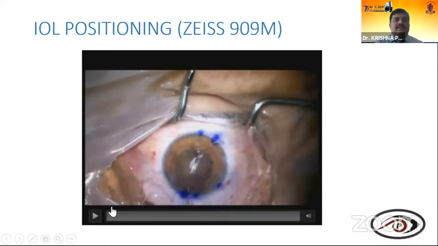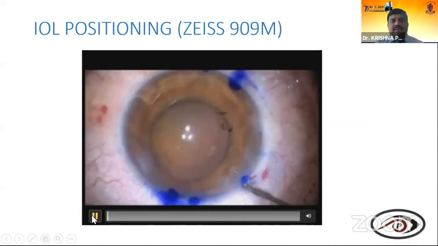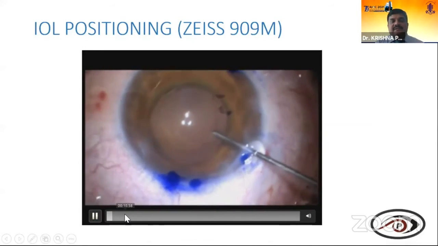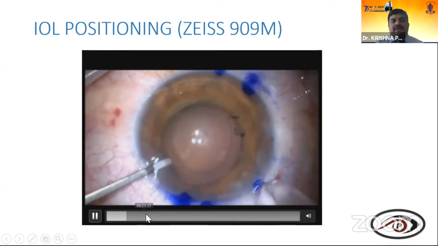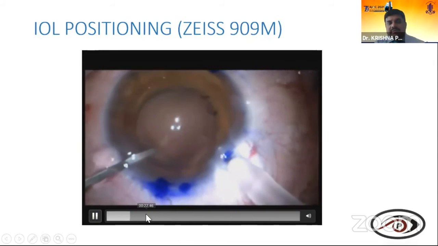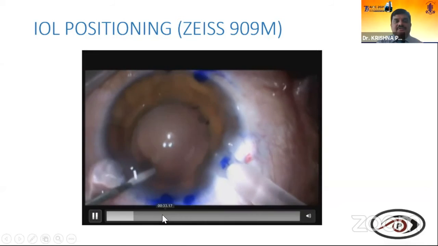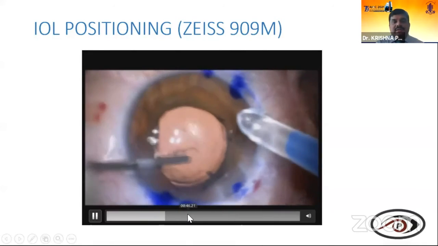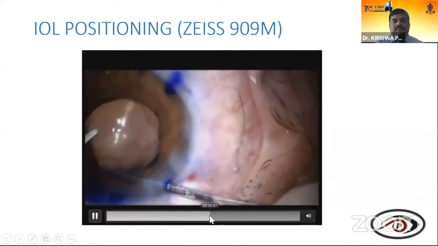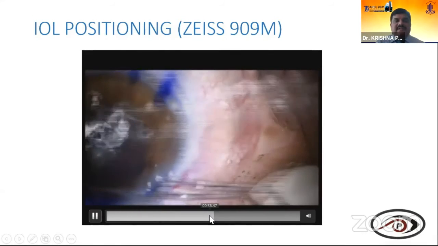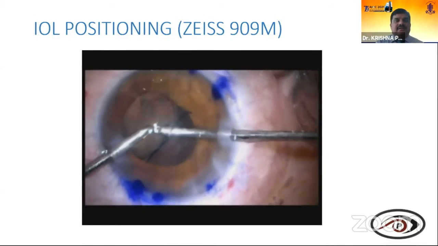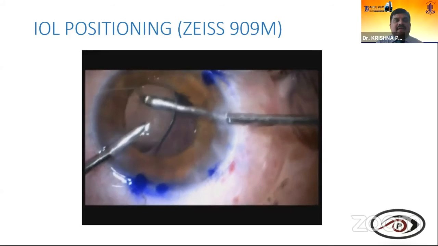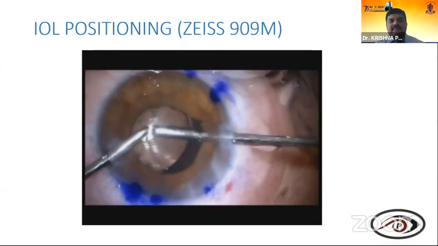This is one more thing, one of our old videos actually, where you can see some smudging here. I think you should try to avoid smudging, because even 2 degrees of misalignment sometimes may cause some amount of problem. See, even this lens is from Zeiss, the hybrid lens with a hydrophilic core and hydrophobic surface. It's a 4 haptic lens.